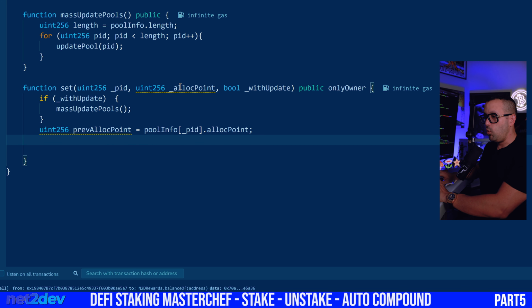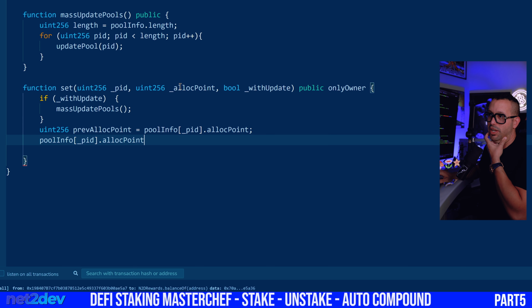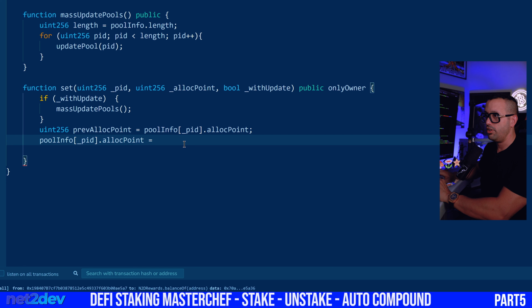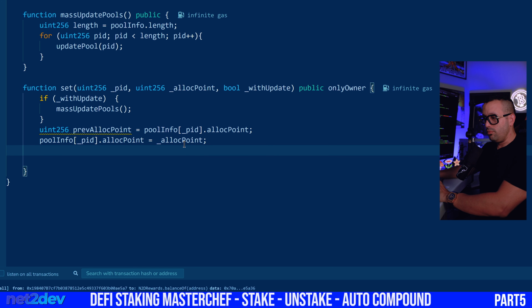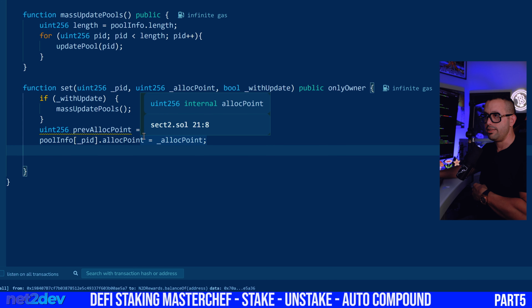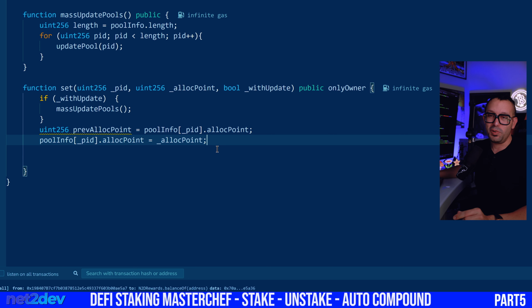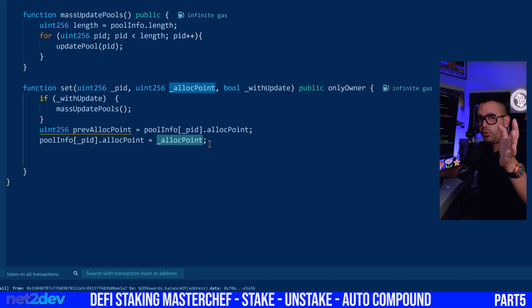Now I am going to update the allocation point, right? Because we have stored the previous value, now I can effectively update this with the new value, right? So I'm just going to pass the allocation point. And now if the previous allocation is not equal to the new allocation, then I want to make sure that I also update the total allocation, which means that every time we change the allocation point, the total allocation